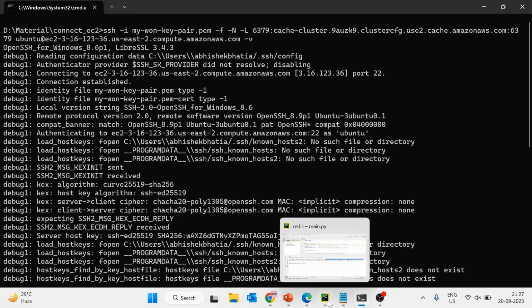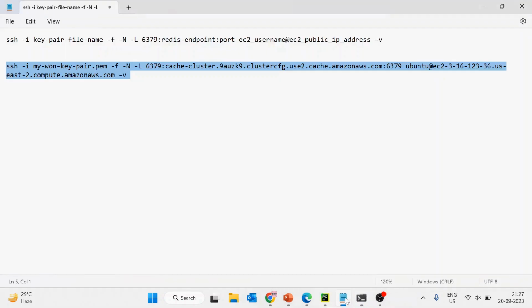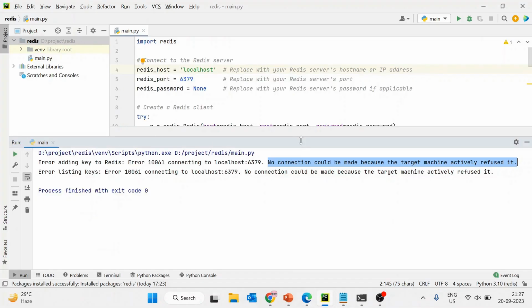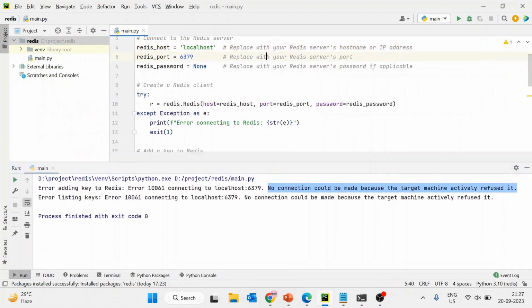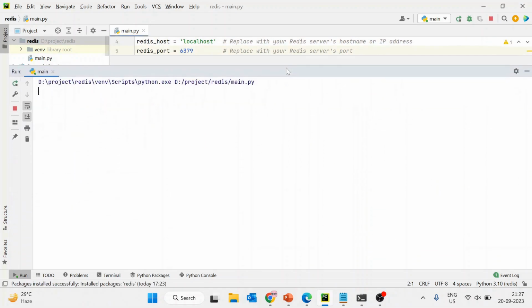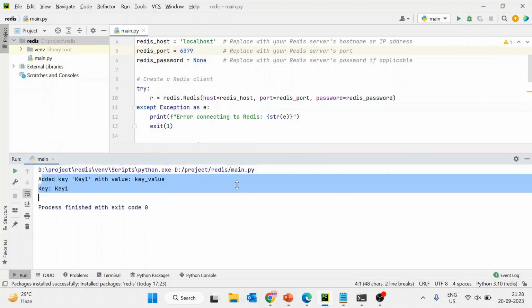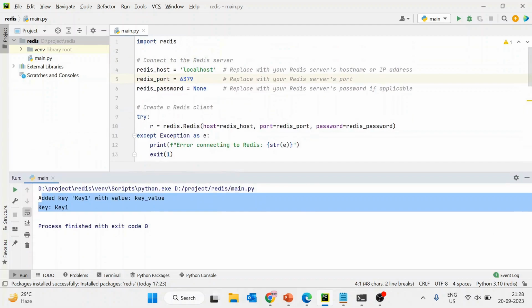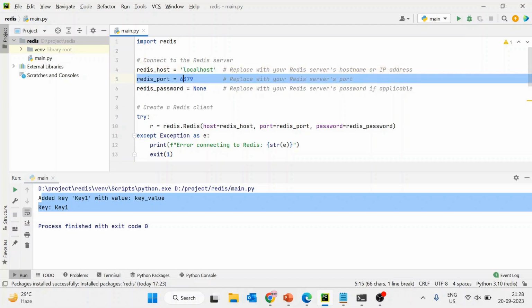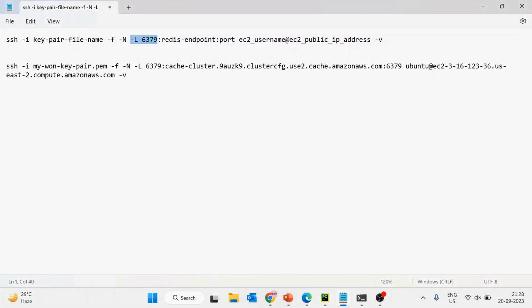What we have done is that any request coming to your local machine on port 6379 is forwarded. If I now run this command, see, it works. Make sure you are using the Redis host as localhost. Any request coming to your localhost on port 6379 is ultimately redirected to the actual Redis endpoint.